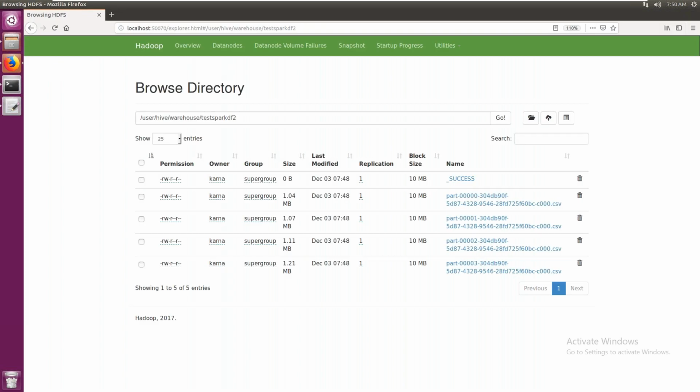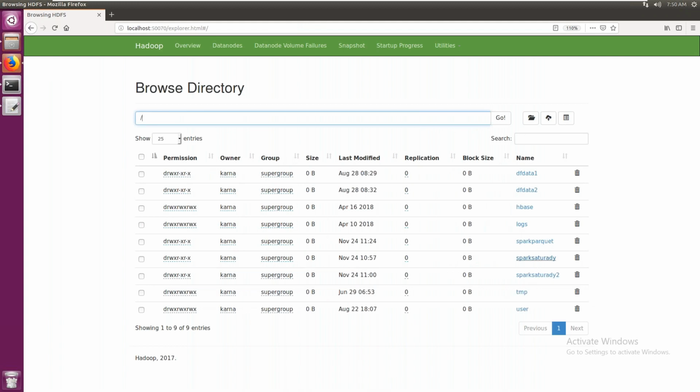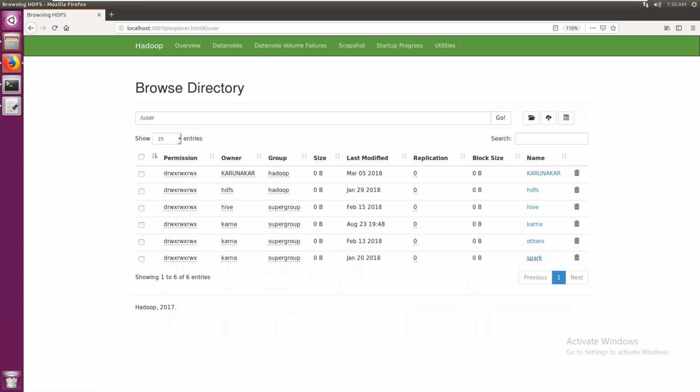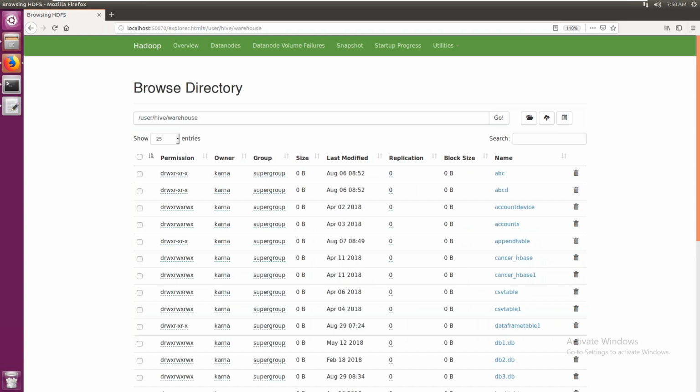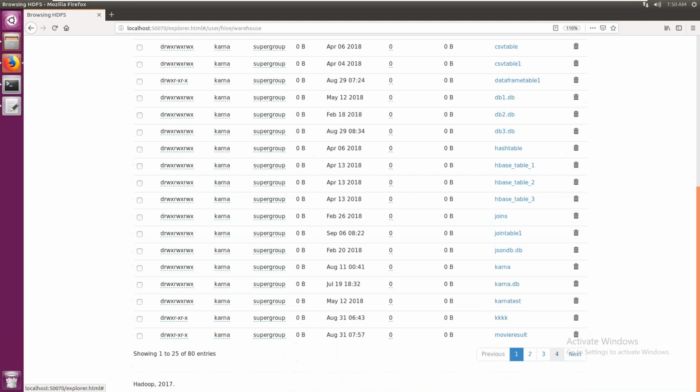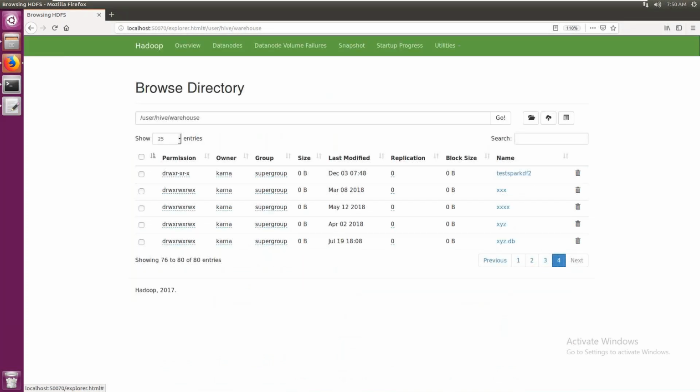I think in the root directory we have some CSV files. Let me just check it there. So in the root directory, do we have any files? I don't think we have any files. Let me go directly to whatever file was created now. User hive warehouse, and in this fourth page, spark df2.